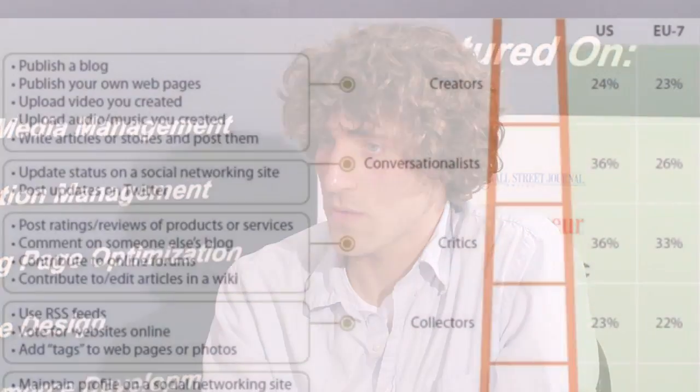And secondly, looking at social media, it varies how users across different cultures engage in social media. So when you look at the US and European markets, 86% of US online adults are engaging in social media. That number is 79% in Europe. That's a great stat to have, but even more important is, people are on it, but only 23 to 24% of online Americans and EU users that are on social media